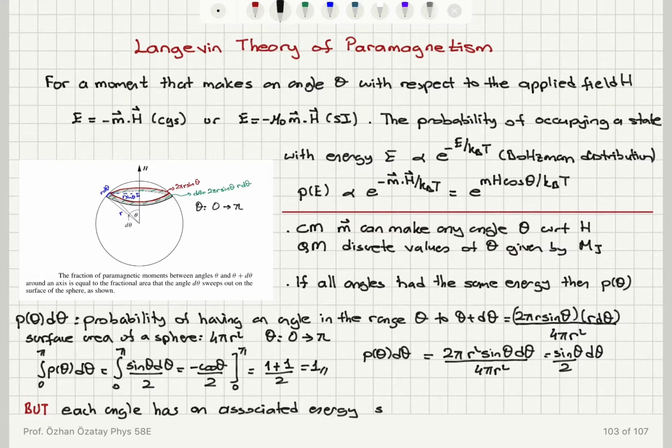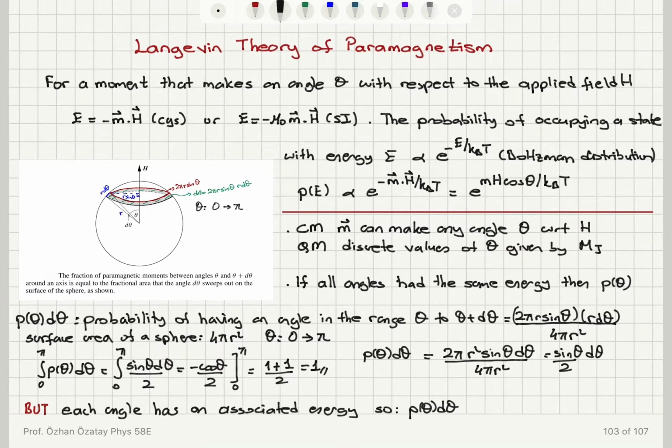So we have to weight the angular distribution with the corresponding Boltzmann factor e to the minus E over kBT. So we have to say that the probability of having an angle between theta and theta plus d theta,